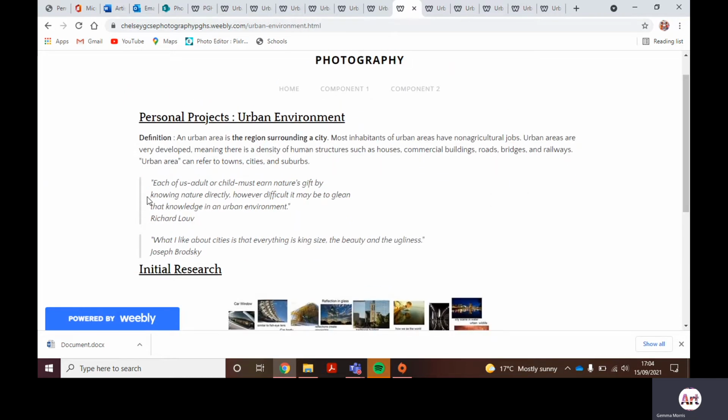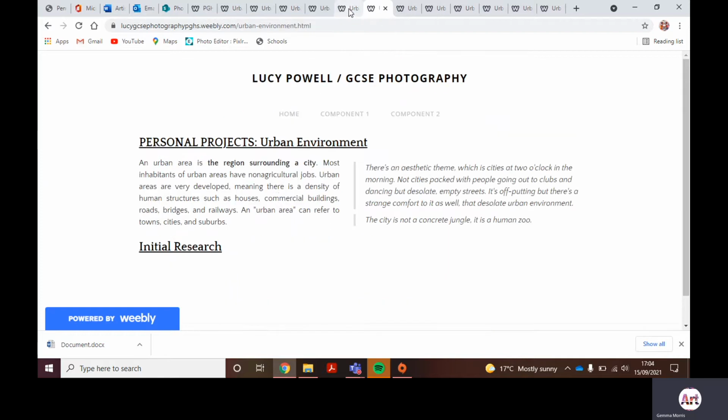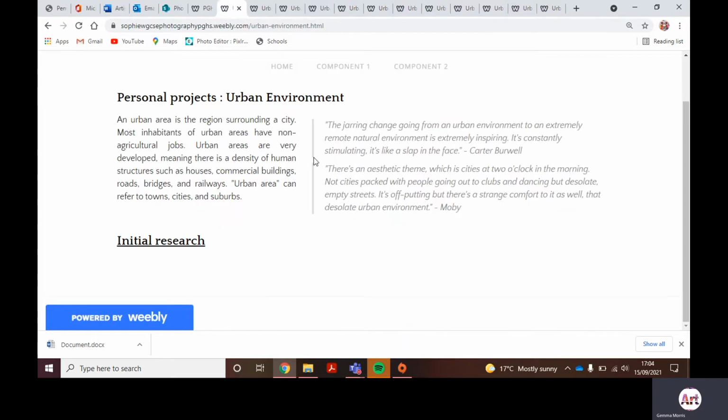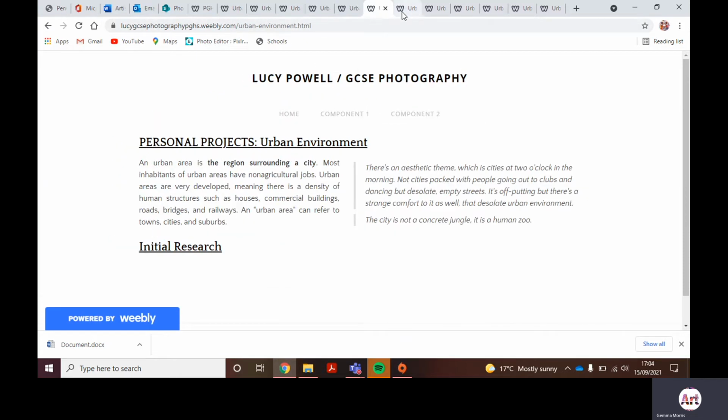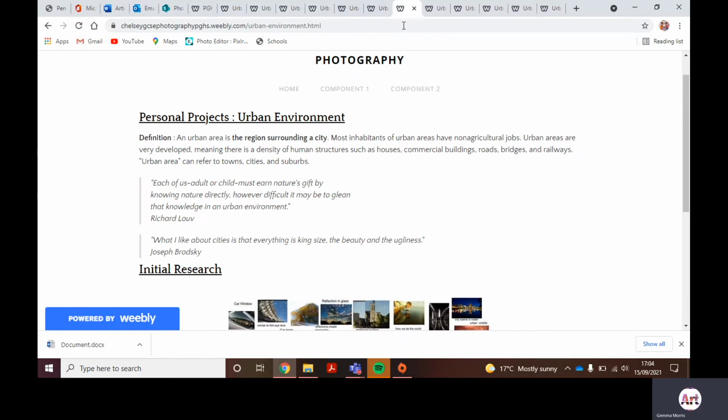Now, what I would like you to do with these 2 quotes is I'd like them to be adjacent to this text. If you have a look at this one, can you see? So here is the information, the definition of urban environment, and there are the 2 quotes. I'd like it more like that or like this. Can you see? So that's the first thing I'd like you to do for me, Chelsea, and then please publish